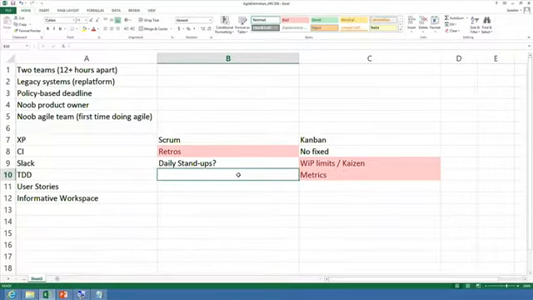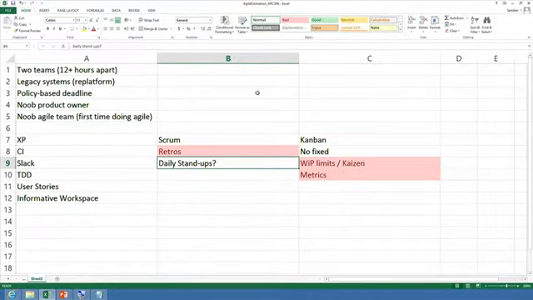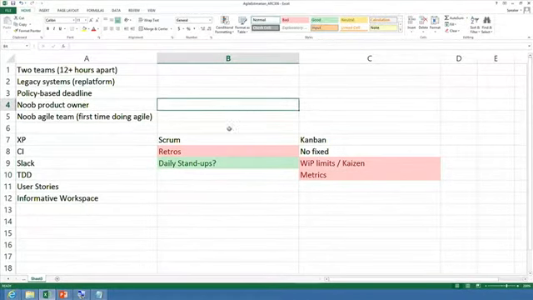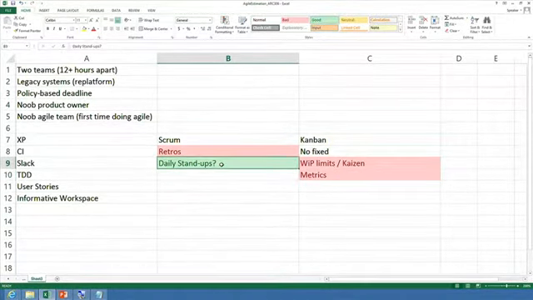So somebody said a daily stand-up. And I put a question mark as I was challenging you more because of the time zone. I think the daily stand-up is important. Now, Scrum has a daily stand-up where, if John and I are doing the daily stand-up, we look at each other. In Kanban, John and I are looking at the board. Because in Scrum, John and I are talking about what we did. In Kanban, it's on the board, so we're talking about the process on the board.